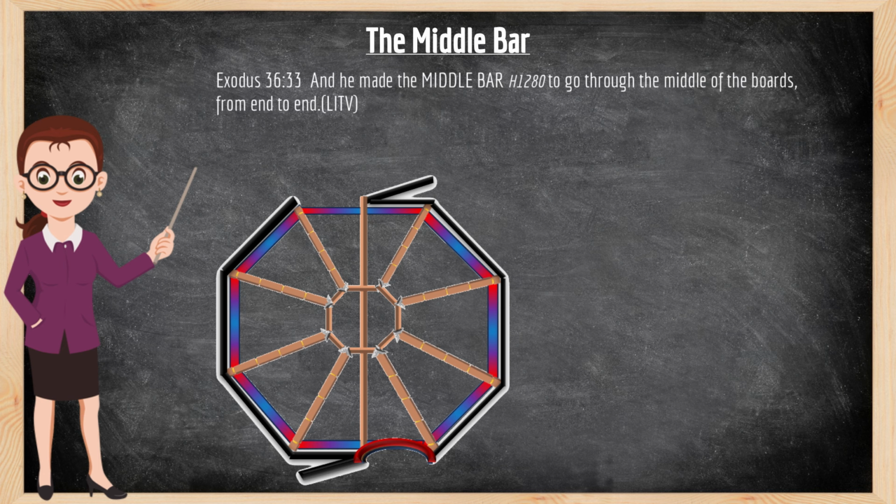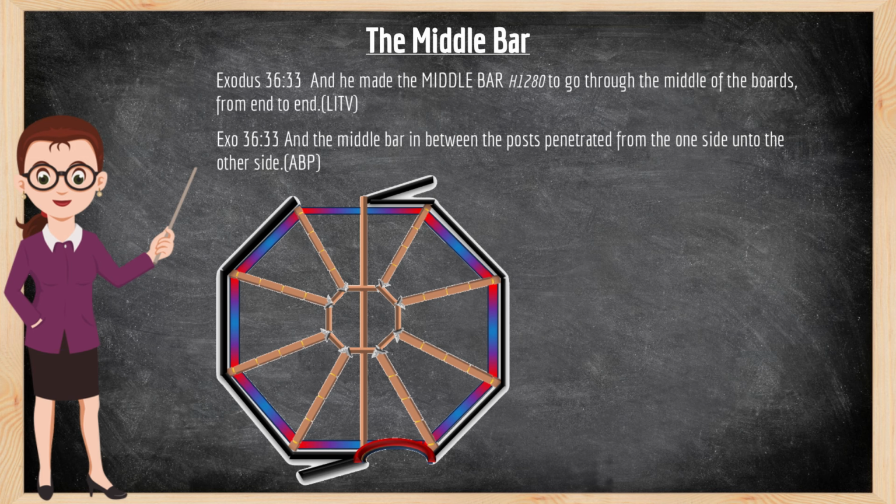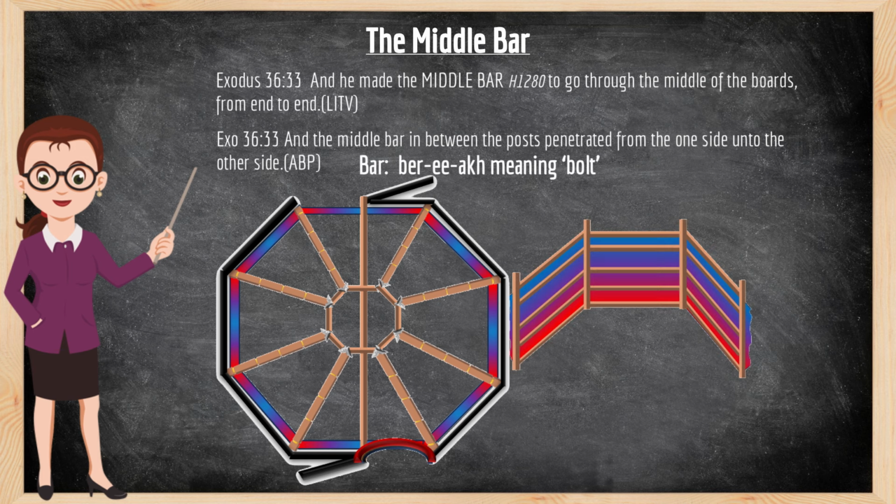Exodus 36:33. And he made the middle bar. This comes from the Hebrew 1280. To go through the middle of the boards from end to end. That's from the literal version. The Apostolic Bible Polyglot, the same verse says, and the middle bar in between the posts penetrated from one side unto the other side. So notice the word bar is used in both the sidewall material and the center post